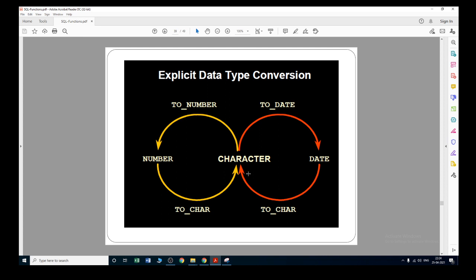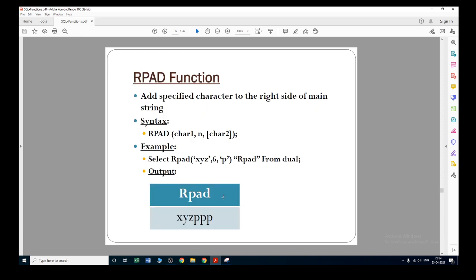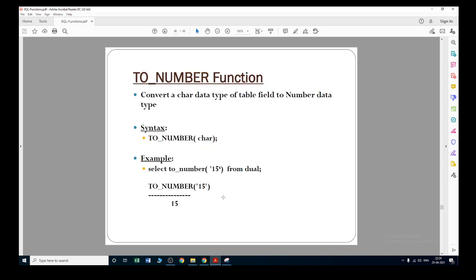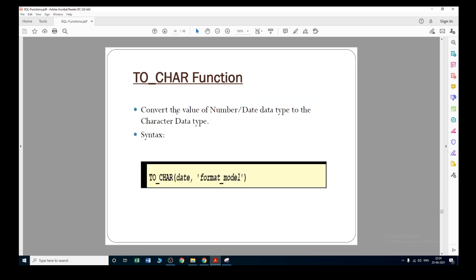From date to character also you have to use TO_CHAR. TO_NUMBER: you have the character value and you are going to convert it into a number. So select TO_NUMBER of 15 from dual means the character will be returned as a number. In the same way, to convert the value of a number data type to the character data type,